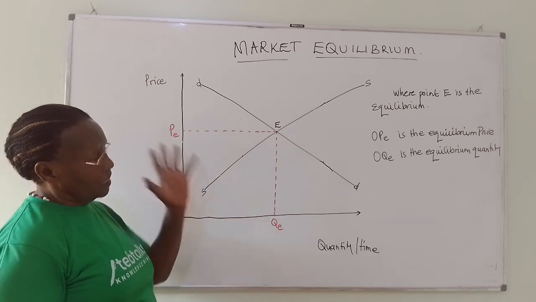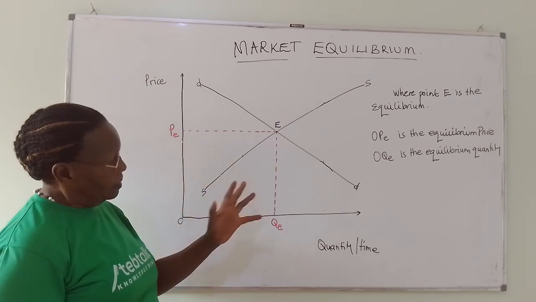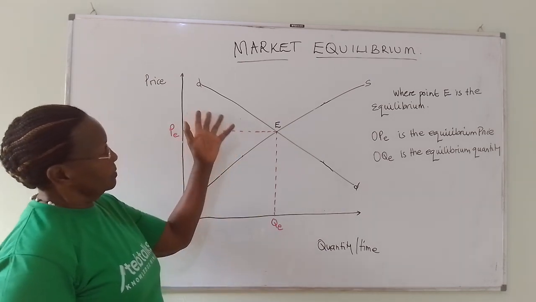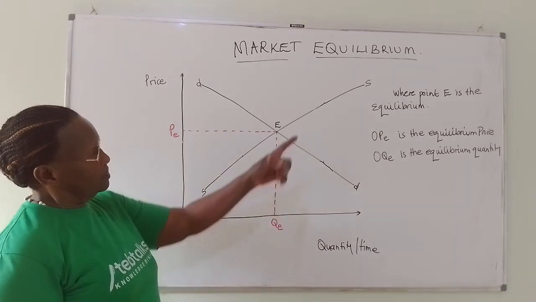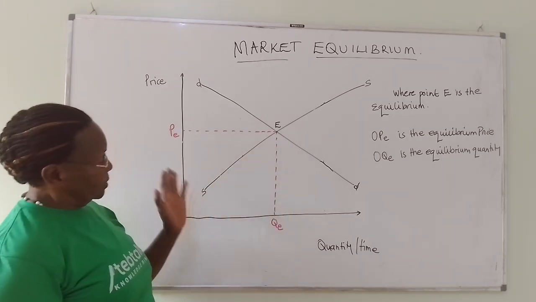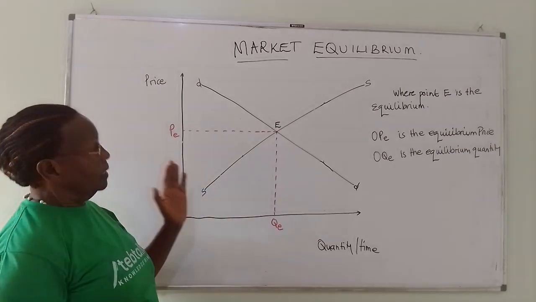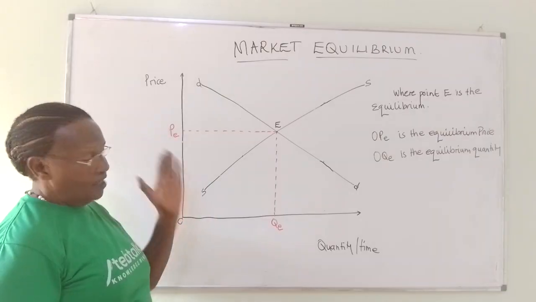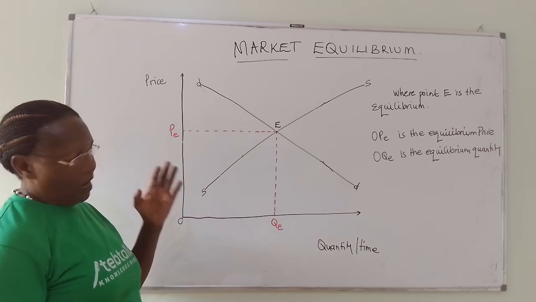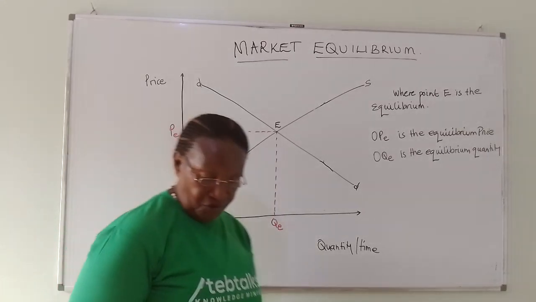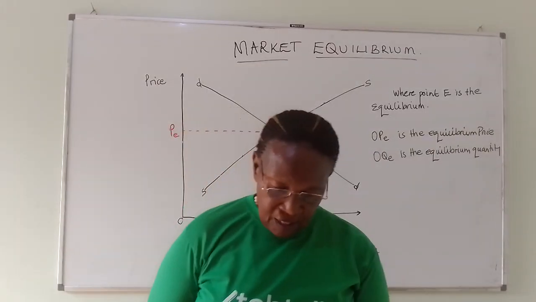The suppliers are the producers and the consumers are represented by the demand curve. So demand, we have the consumers. Supply, we have the producers. Whatever is being produced is demanded. Nothing is left unsold. Nothing is left unbought. And both parties are very happy. Then we find that